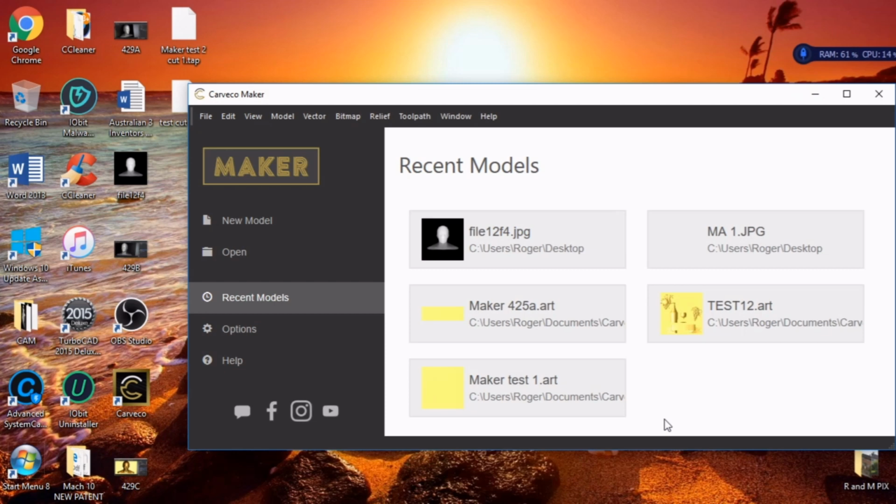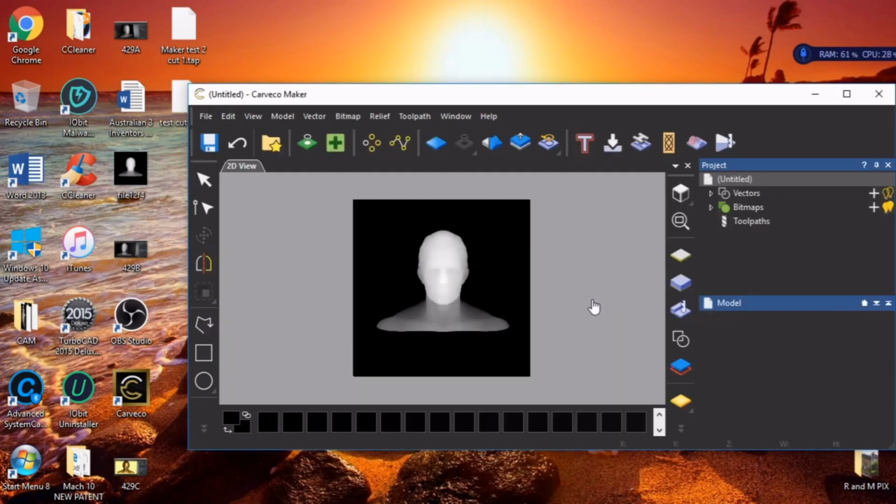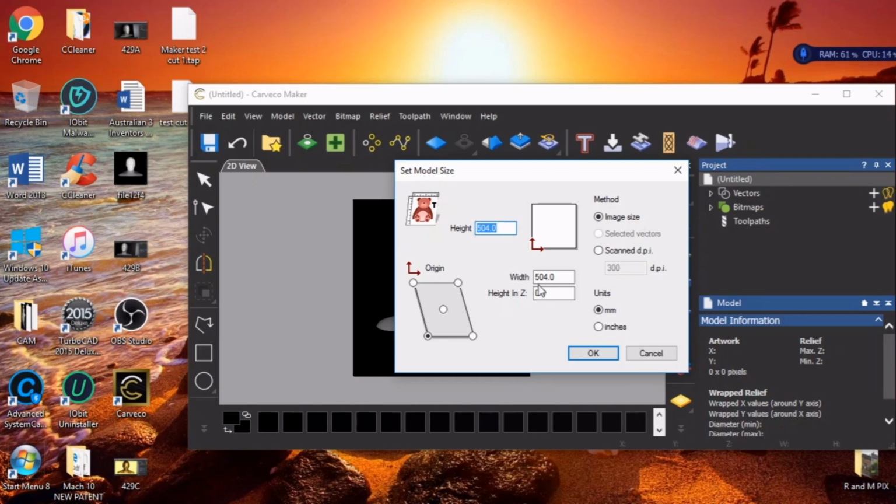In this tutorial we are going to take a grayscale image, this one here on the screen. It's a male head or bust, and we're going to treat it in Carveco Maker and use some of the tools in Carveco Maker for 3D modeling. So all I'm going to do is drag and drop the image into Carveco Maker,